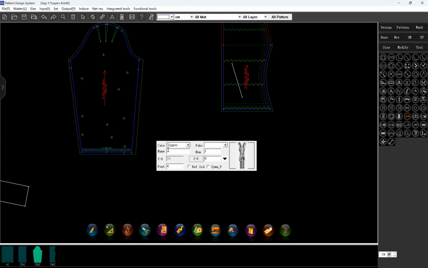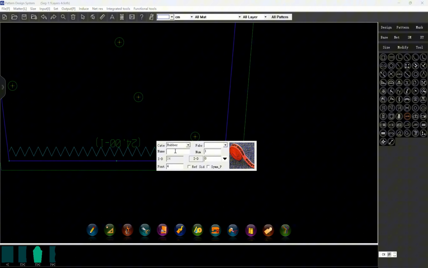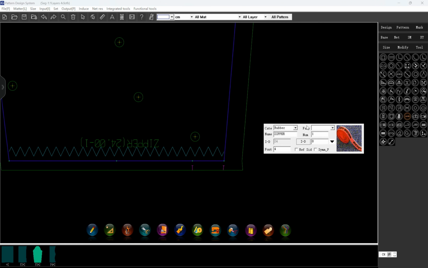This tool is for the accessory, a different kit, and you can also give it a name. Zipper 1 or zipper 2, you can see. And here you can set the fabric